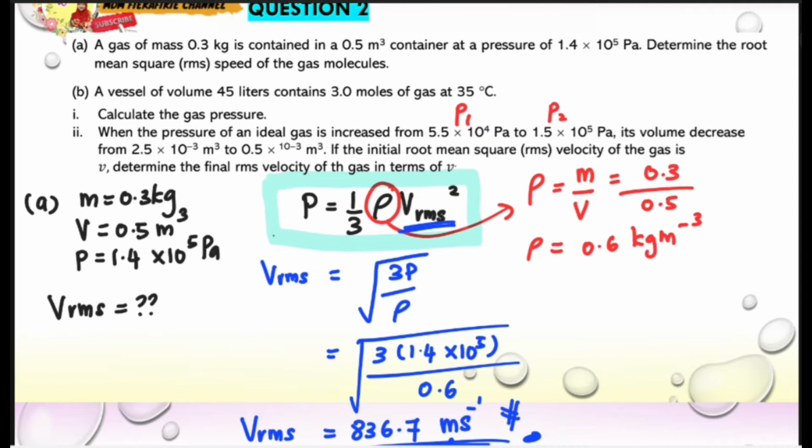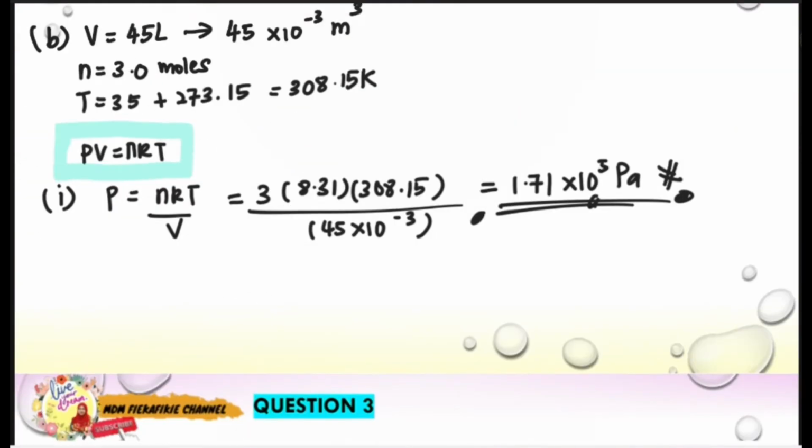So its volume decreases. So here we have two values for volume, where this is V1 and this is V2. Okay, so given that the initial root mean square speed, VRMS initial, is equal to V, we want to find what the final VRMS is. Okay, so let's first list out all the information. Let's try. So B2,